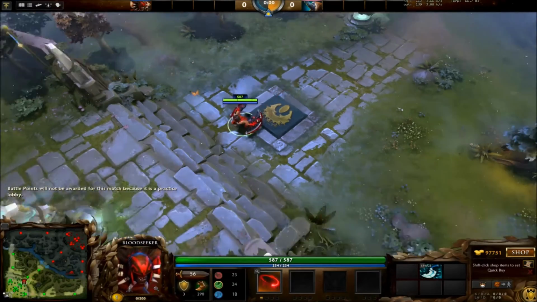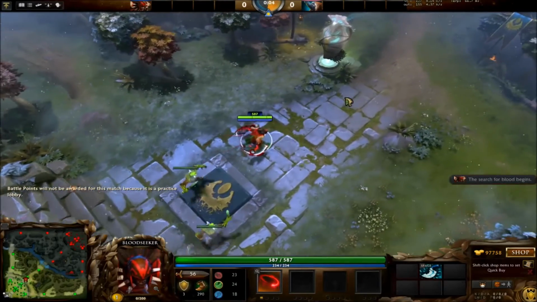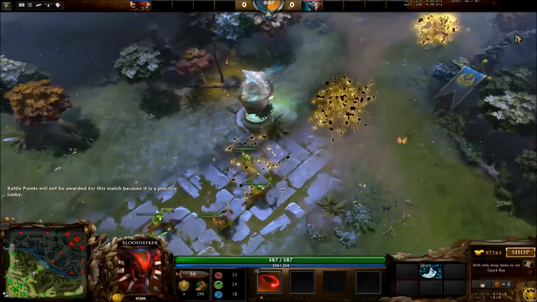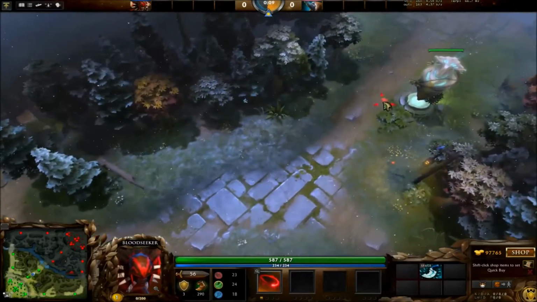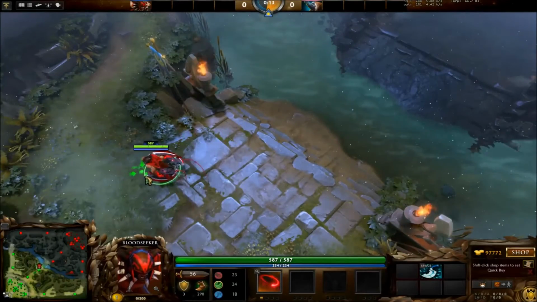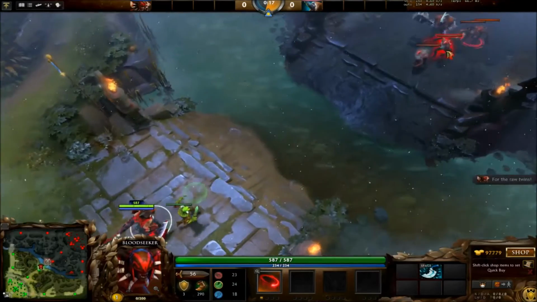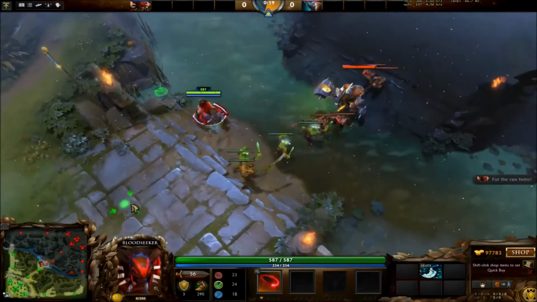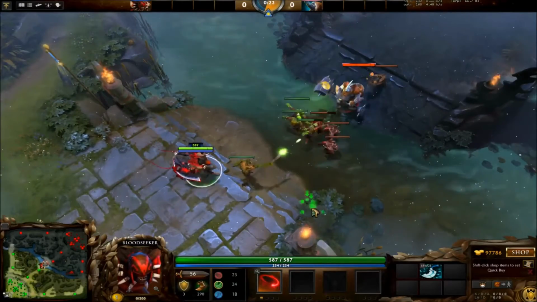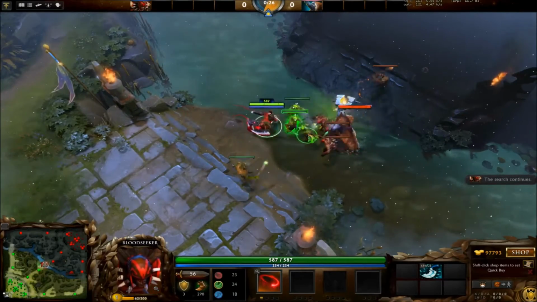Alright, so we got the game started here. Again, we're not going to actually creep block because we're going to focus on actually trying to utilize animation canceling here. Alright, so this one I'll be canceling both spells and auto attack animation because a couple of Magnus's auto attacks do look like the shockwave animation. So I'll spam a couple here in the mid lane so you can kind of see what I'm going to be doing. You want to look out, so while I go in for a CS,